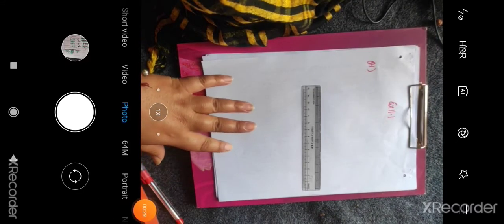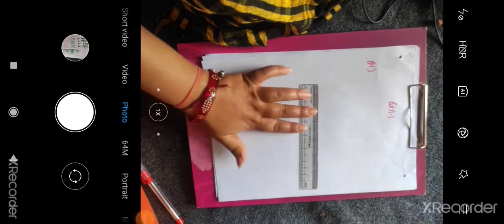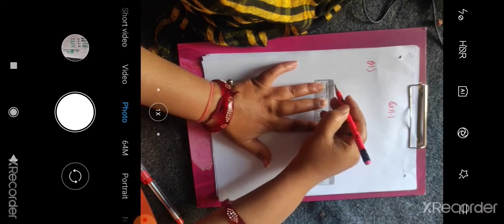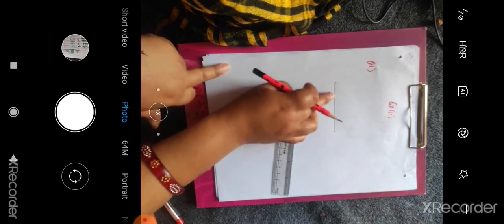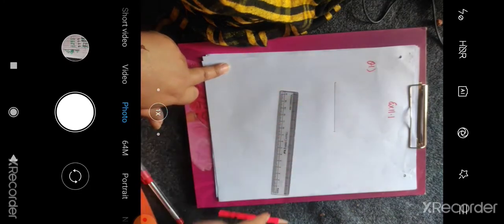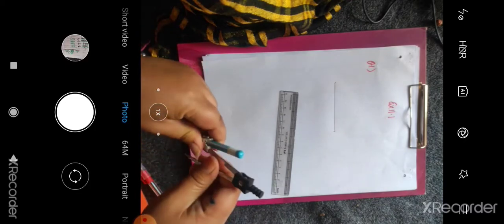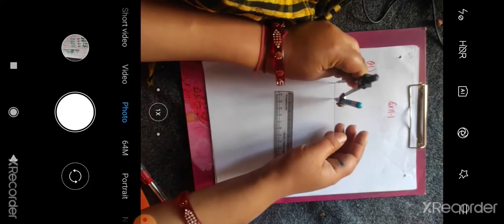First, you have to make the 90-degree angle. For that, first you have to draw a line, a simple line. And for that, first you will make the 60-degree angle, then the 120-degree angle, then the 90-degree angle. Now see, first you will draw an arc. You can take the arc according to yourself. So you will draw an arc like this.